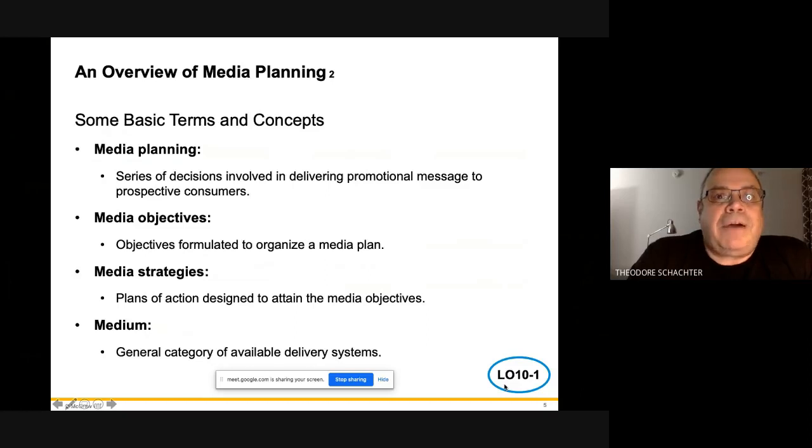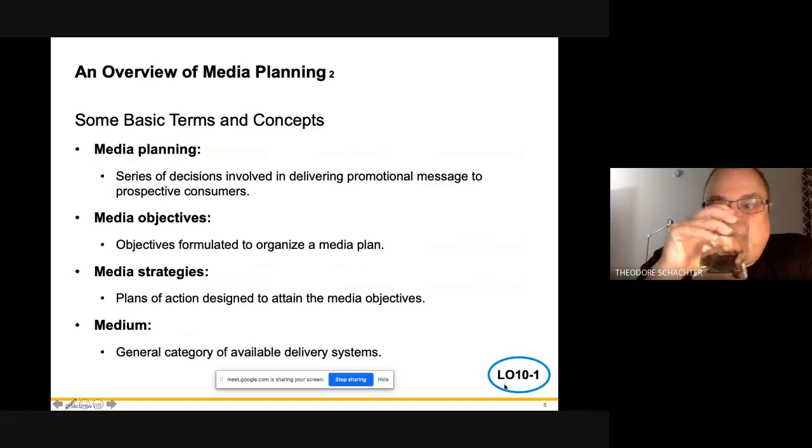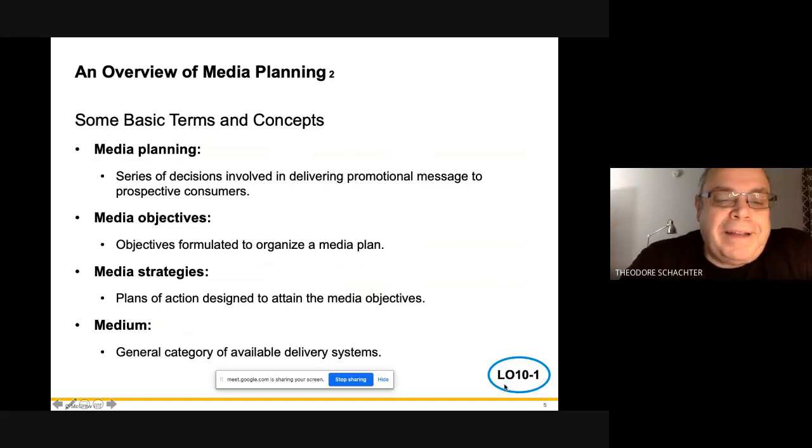So, medium could be outdoor, right? But vehicles could be billboards, transit ads on subways, maybe ads on those poles you see in the city, those things with all the information and stuff. They used to be phone booths, or you can put them on top of taxis. So medium is very general. You have print, outdoor, digital, video or TV, and yeah, I think that's all of them. So medium is just a general broad category.